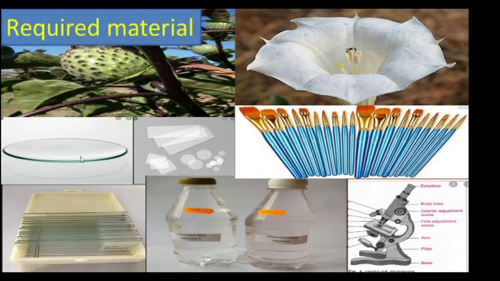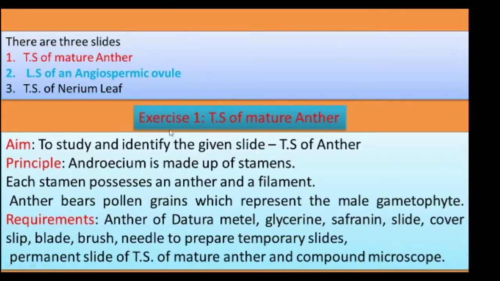So this is a watch glass, this is a slide and cover slip, brushes, then the permanent slide is ready, and glycerin, and this is a microscope. In exercise 1, TS of mature anther, the aim is to study and identify the given slide, TS of anther. Principle: